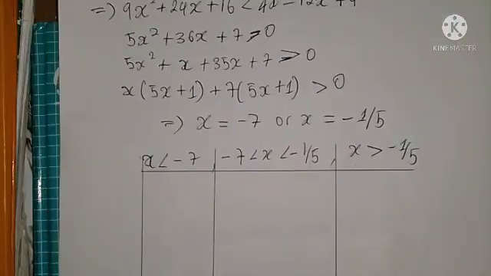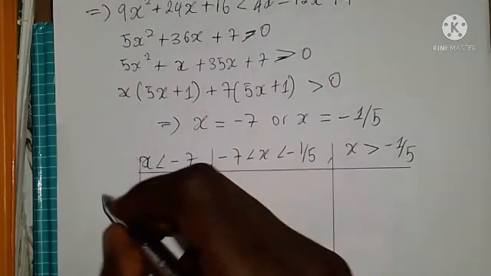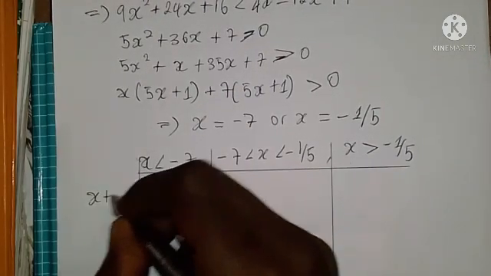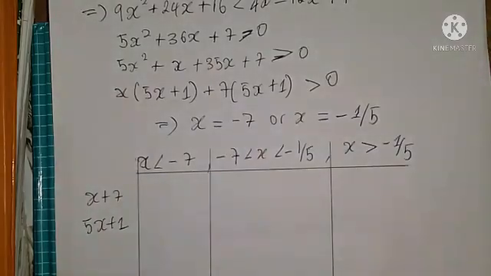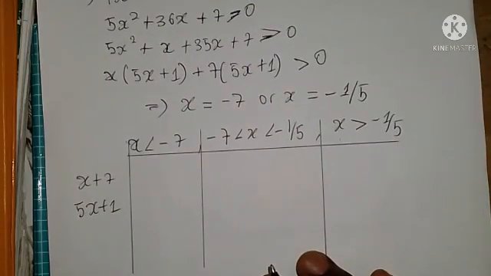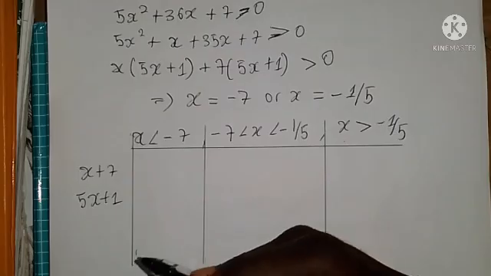Now, what factors do we have here? We have the following factors: x plus 7, 5x plus 1. But we're not actually going to substitute them into these values. We're instead going to substitute them into these